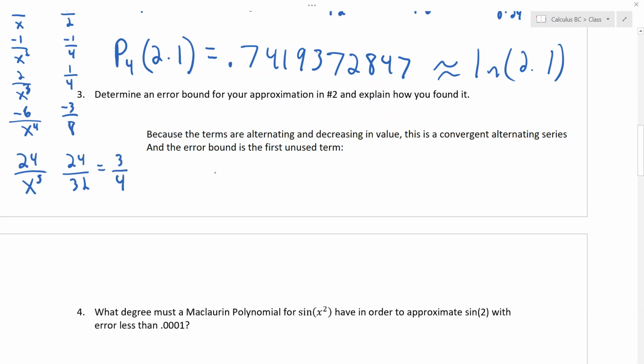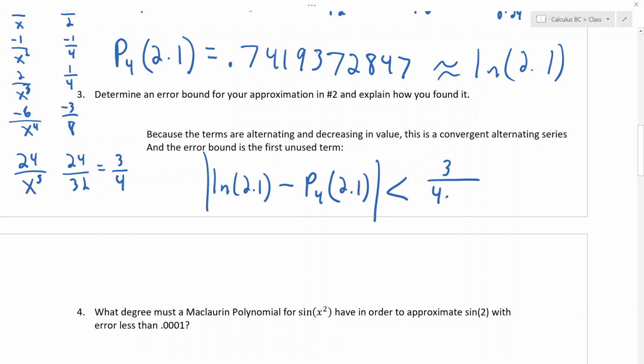So the ln of 2.1, the actual answer, minus my approximation in absolute value, because I don't know if it's positive or negative, must be less than the fifth derivative divided by 5 factorial, times